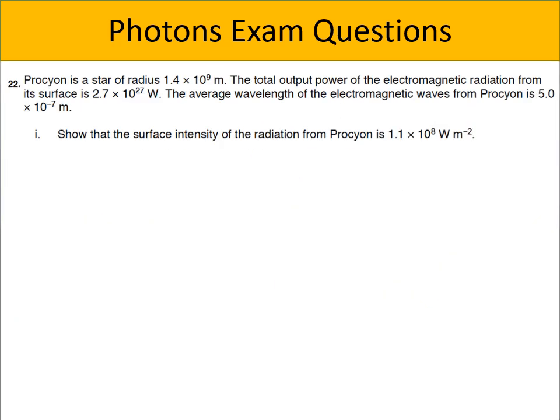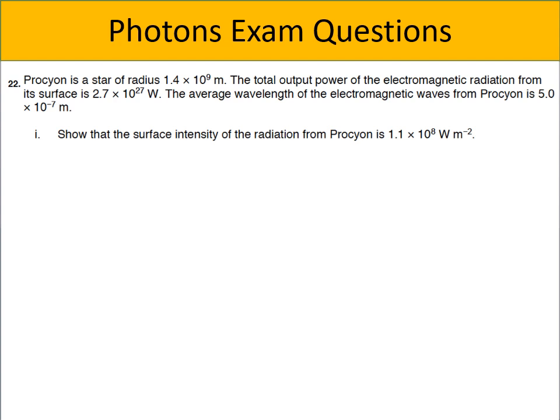Question number 22. Procyon is a star of radius 1.4 times 10 to the power 9 meters. The total output power of the electromagnetic radiation from its surface is 2.7 times 10 to the power 27 watts. The average wavelength of the electromagnetic waves from Procyon is 5 times 10 to the power minus 7 meters. Part 1. Show that the surface intensity of the radiation from Procyon is 1.1 times 10 to the power 8